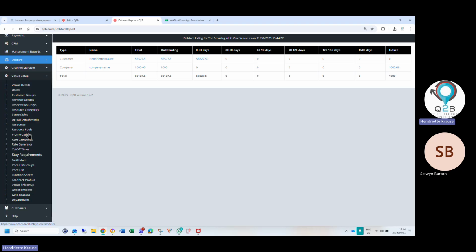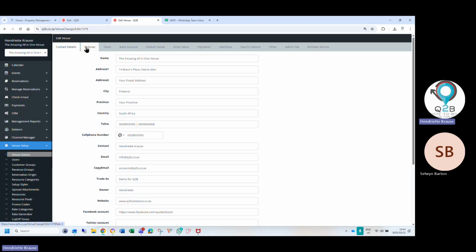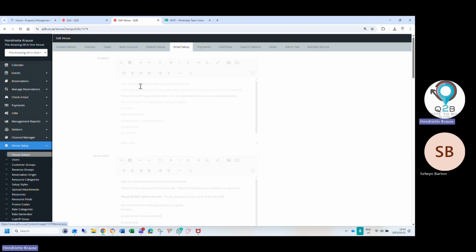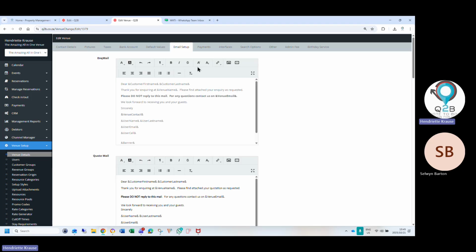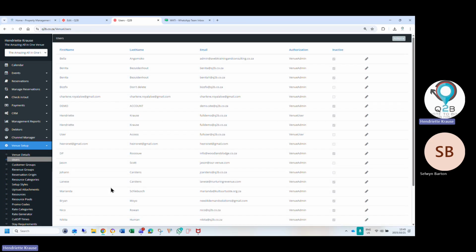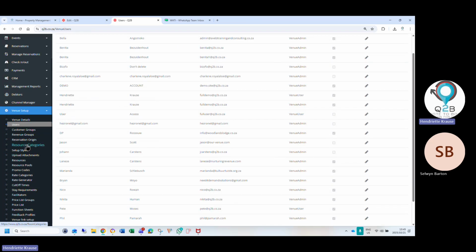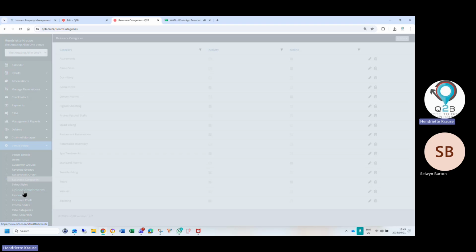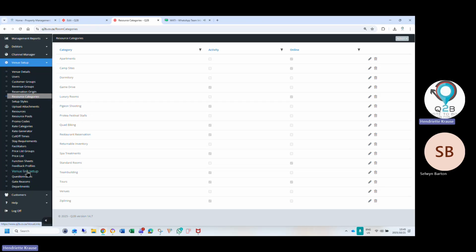Then your venue setup, we do your initial setup for you. Of course, there's a fee involved in it. And then we also train you in your venue setup, so you don't have to wait for us to make changes, upload a new image, or change your email message. You can do it yourself. It's unlimited users, unlimited devices. What I also said to you, you can carry different resource categories, so you can make each house its own category. The promo codes, you can set up unlimited ones.